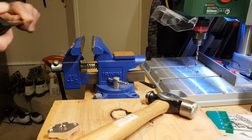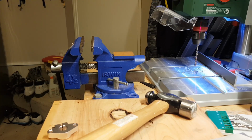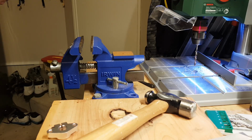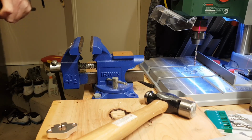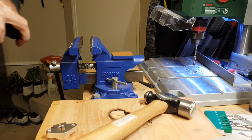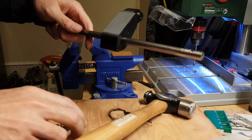That'll get that on. So that's going to sit, actually, let's get the right direction. That's going to sit on there, so roughly in the middle of the arm there, well, in that position. And then